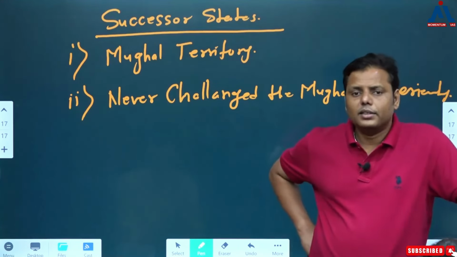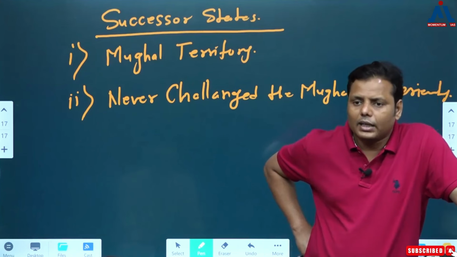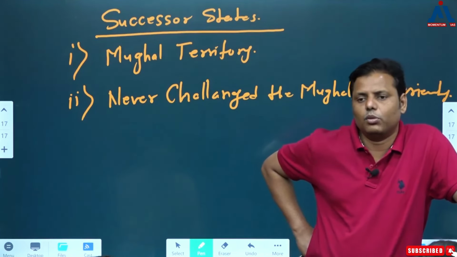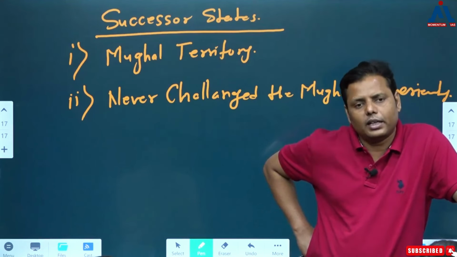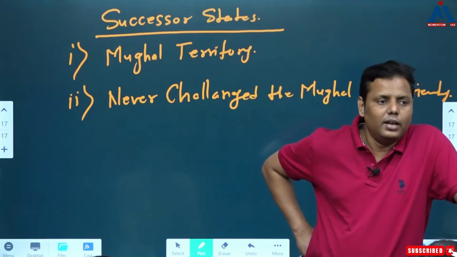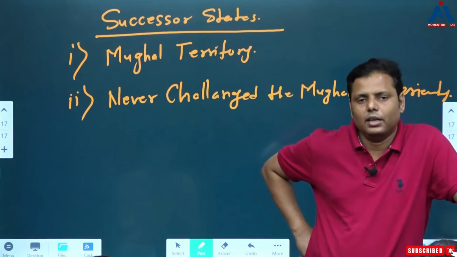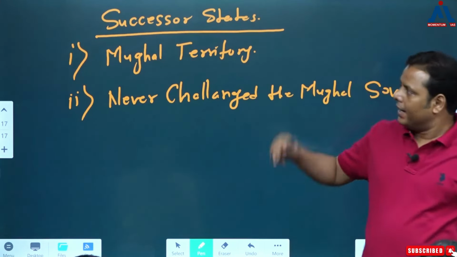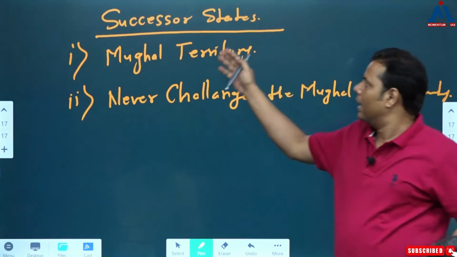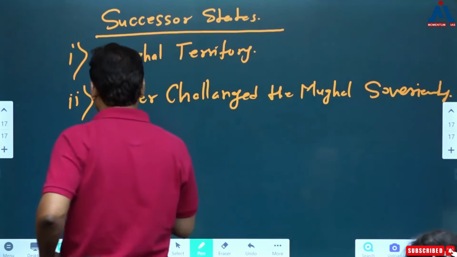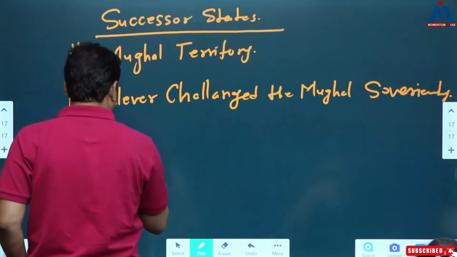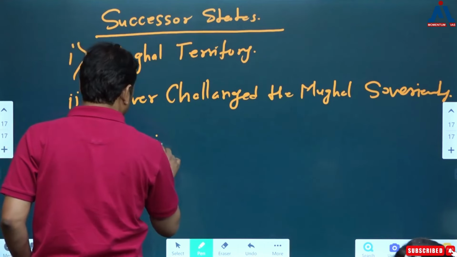Why? Because the tribute being paid by Awadh, Hyderabad and Bengal were the only sources of income of the Mughal rulers. And that's how they were happily accepting it, because they were leading the life of a Badshah because of this tribute they had been getting from here, right? So we can say yet they are independent for this reason. But apart from this, when it comes to successor states, there is another thing that you need to keep in mind, which is very important, that as far as the administration is concerned,